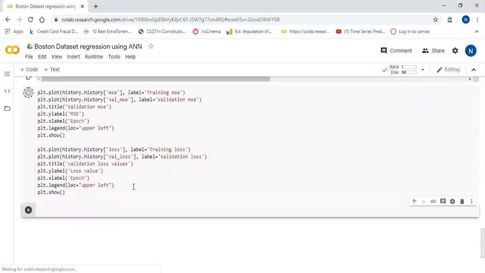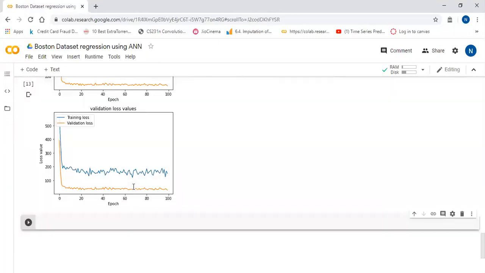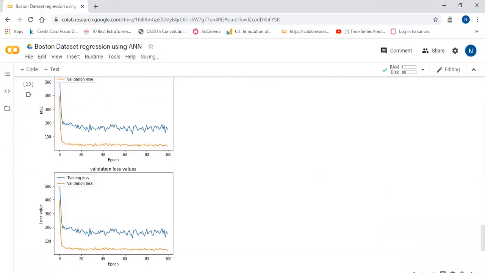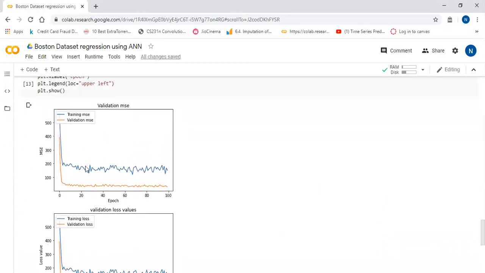I'm going to execute this. Now you can understand in a better way. See, this is the validation mean squared error. This is the training mean squared error. And training and validation mean squared error are both decreasing. So there are again chances to get it decreased. You can set the epochs as 200 and keep increasing the epochs until the training finishes completely.